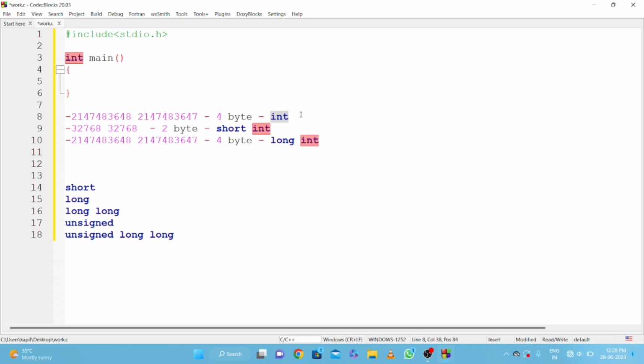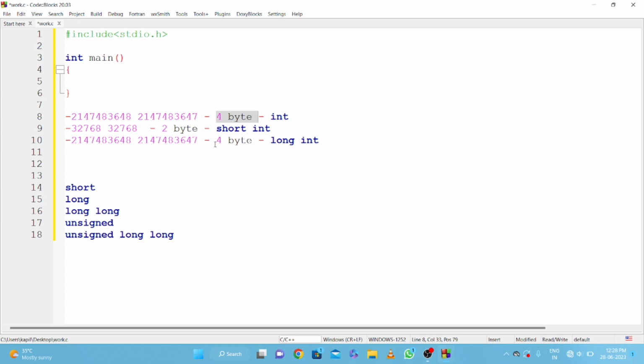That means our integer was just 2-byte size and our range was this. As time evolved, we got bigger processors, 32-bit, 64-bit. So they settled to finalize on 4 bytes for a normal integer, and for a short int 2 bytes,